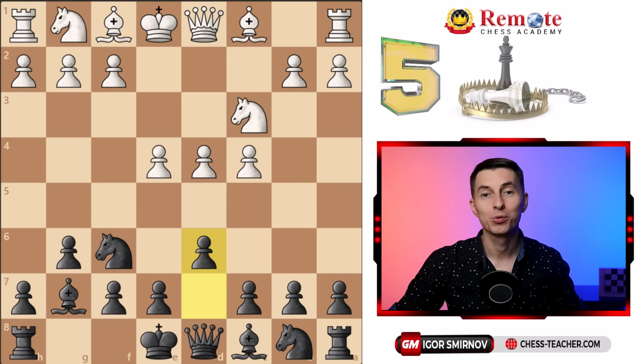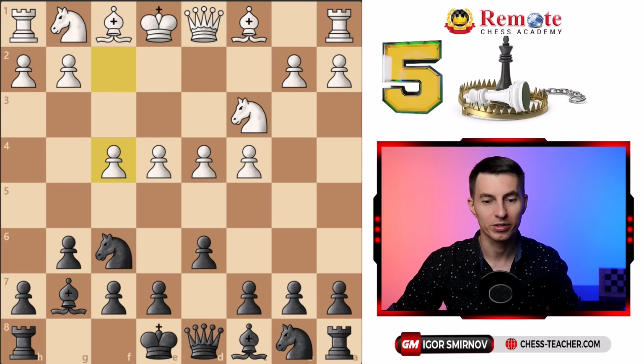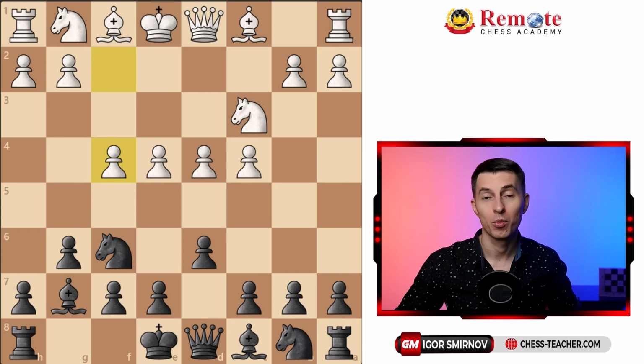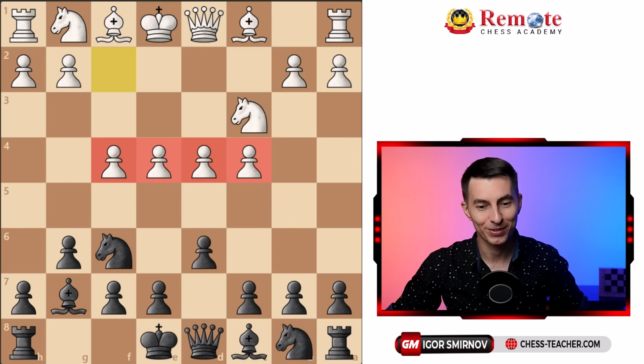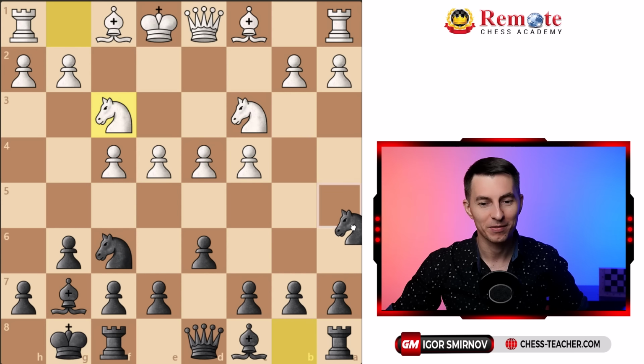Your opponent may also choose to play the so-called four pawns attack. If anyone knows why it's called that way, please let me know in comments below. Just kidding. Anyway, so against this four pawns attack, you want to castle, and after knight f3, there is an